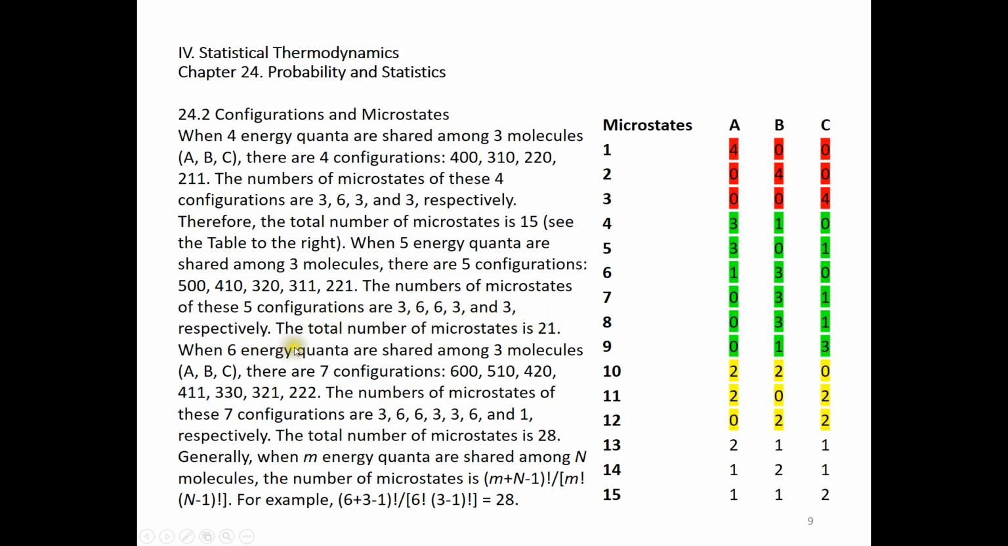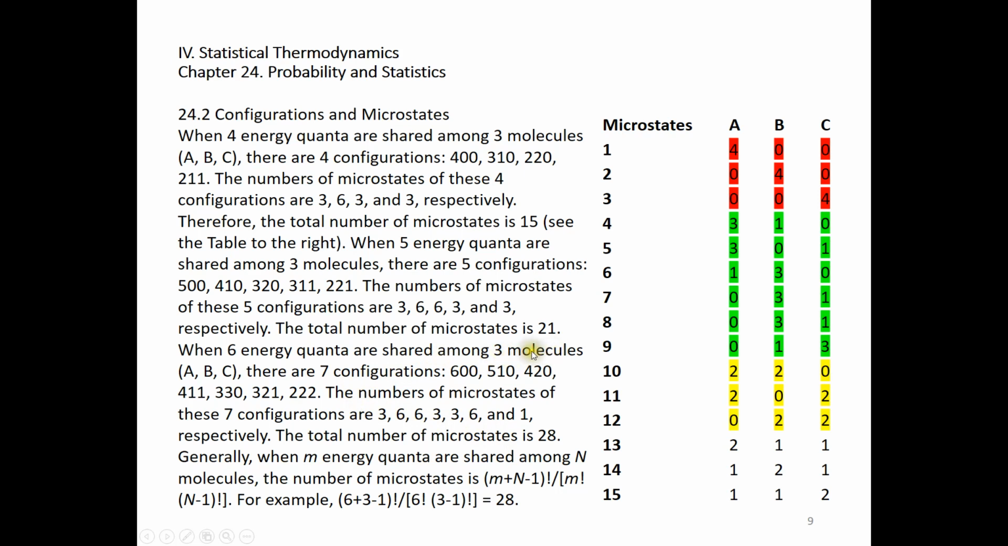What if we have 6 energy quanta shared among 3 molecules? Well, we can have 600, 510, 420, 411, 330, 321, 222. And then we can compute the number of microstates. Usually they are 6 or 3. When the 3 numbers are different, you get 6. When 2 of the numbers are the same, you get 3. Over here, all 3 numbers are the same, and then this configuration is associated with only 1 microstate. It has to be just 2, 2, 2. We sum it up, we get 28 as the number of microstates when 6 energy quanta are shared among 3